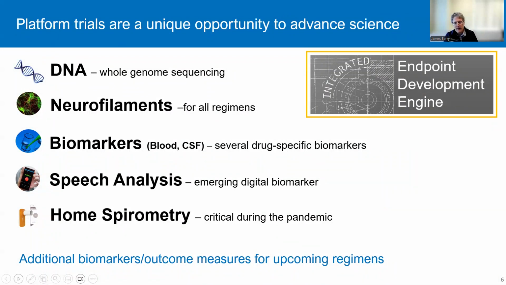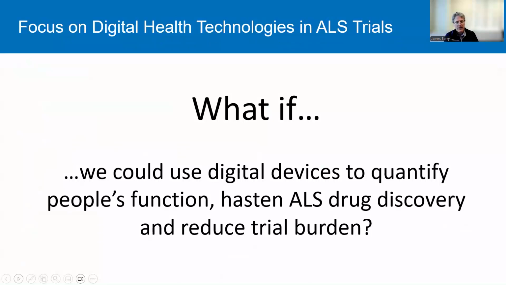We sometimes talk about the main parameter that we think about in ALS, which is vital capacity. And we've done some additional analysis really to tell us about this as an endpoint, particularly comparing home spirometry to clinic spirometry. And we'll have additional biomarkers and outcome measures for upcoming regimens. Next slide. So I think a lot of what drives our focus on digital health technologies like speech, like vital capacity at home, and like accelerometry and so many other digital health technologies is asking ourselves, what if we could